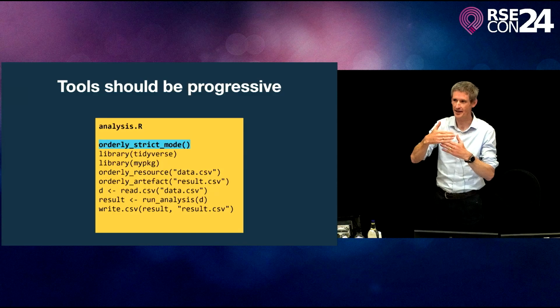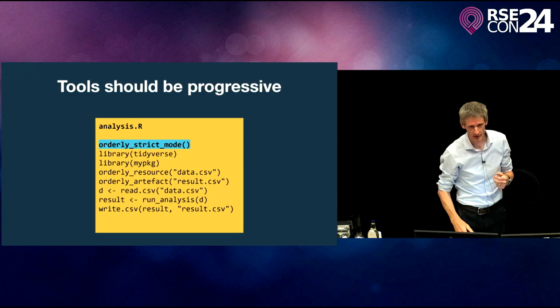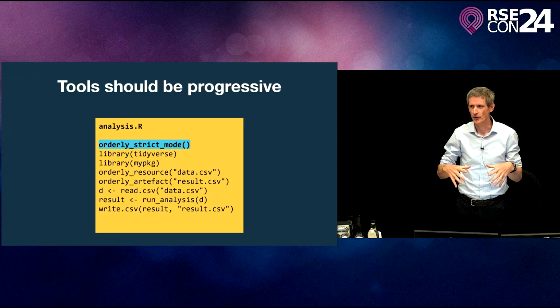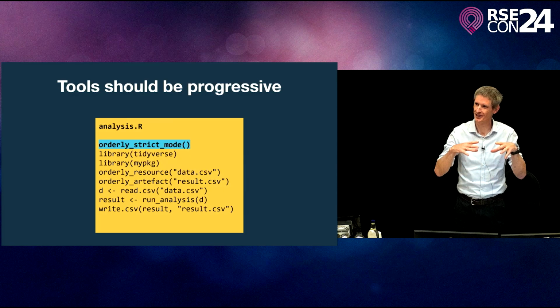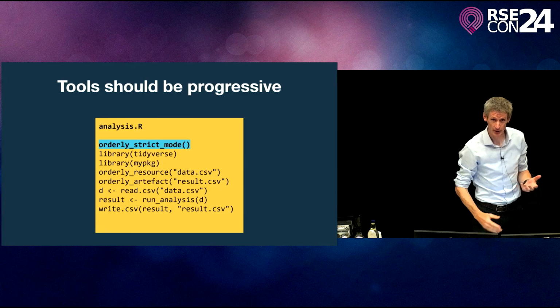There's a whole bunch of metadata they can sprinkle into their scripts that will turn on or off features, and they can, by default, get a long way without any of these, but as they buy into the tool, they can start using more and more of them. And we find this human-centric approach has been really useful. And this is where having a captive group of a couple of hundred computational researchers is super useful, because you can find out what will fly and what doesn't fly, and what they're using and what they're not using.